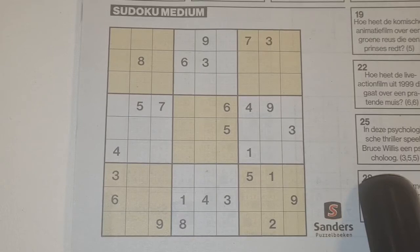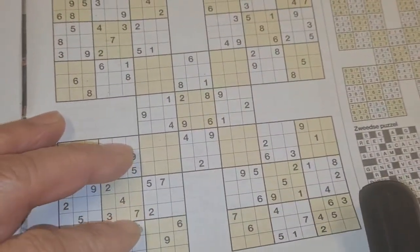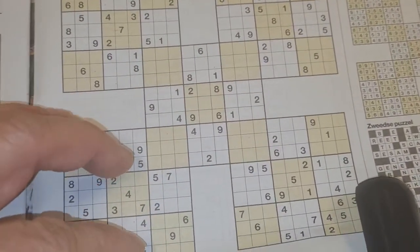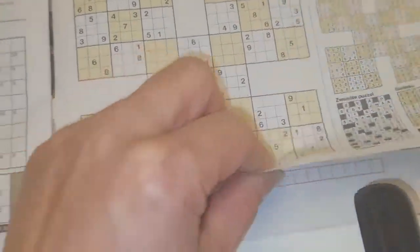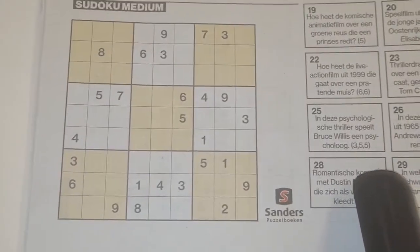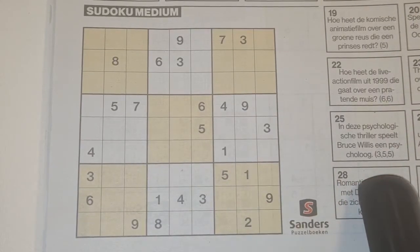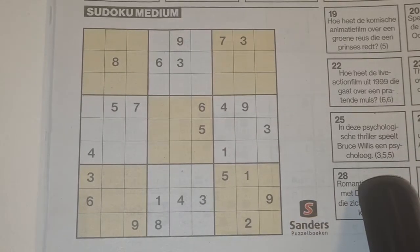On Saturday we don't have a newspaper, so this will be only one regular Sudoku, a medium Sudoku, and there's also on this page a quintuplet. I've promised not to do this anymore, the quintuplet, but let us see. Maybe we have more time to solve, and I believe there is also in this newspaper an additional with extra Sudokus. So let's see how much time we have to solve, and this one will be a number